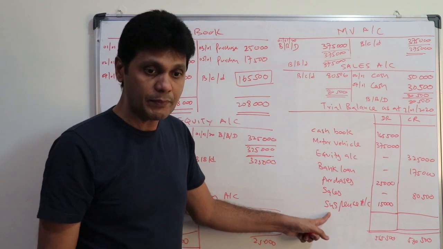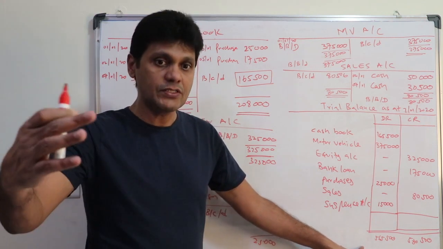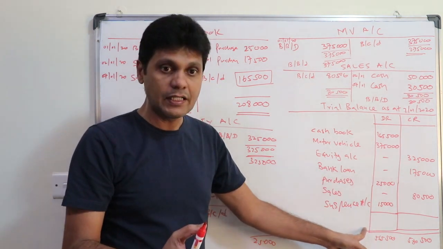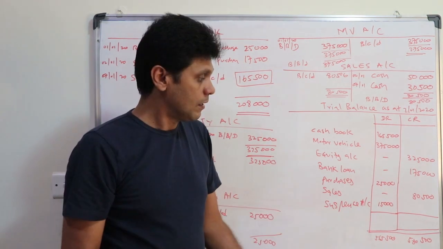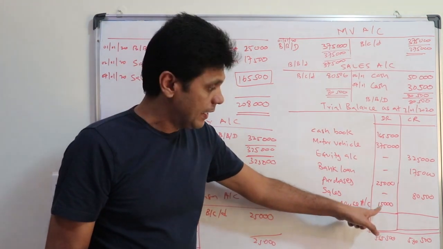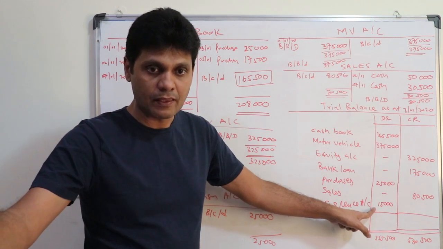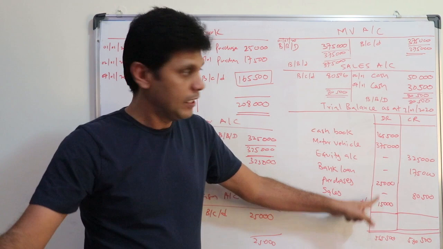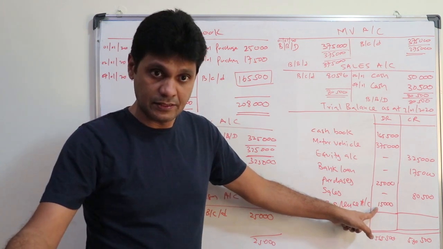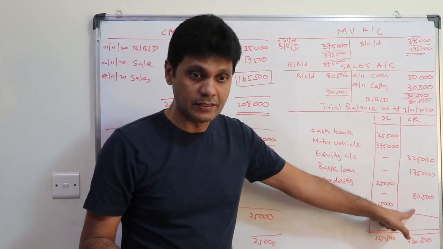So why do you open a suspense account? To balance the trial balance and to prepare the financial statements. Financial statements means your profit and loss account, balance sheet and the cash flow. If the trial balance is not balancing, you cannot move on. Since the debit side is less, the suspense account carries a debit balance. In the balance sheet, if the suspense account is debit, it will be shown under current assets. Supposing this suspense account is a credit balance, where